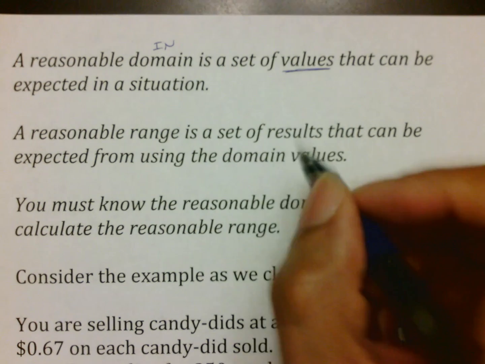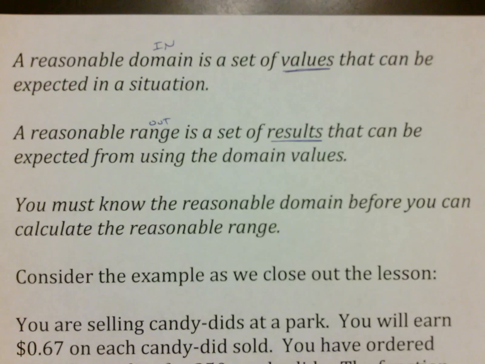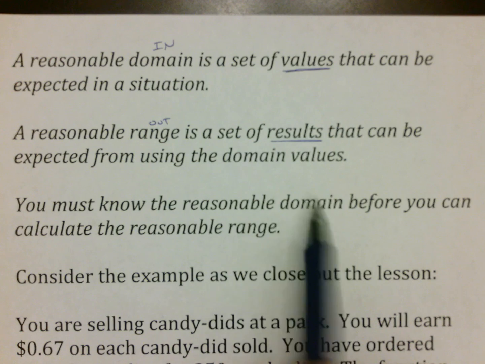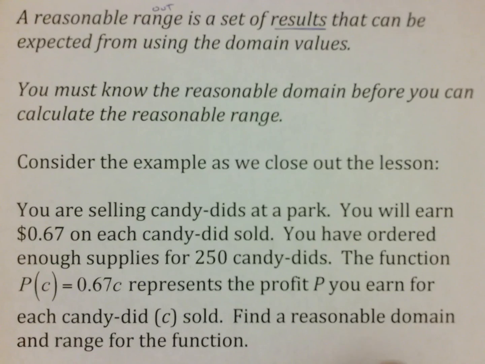And a reasonable range is a set of results. That means those are the numbers that are coming out. That means when I plug in my x, what numbers are going to come out? When I plug in all these x values from 0 to 1 million, what are the numbers that are going to come out of that problem? Again, that is your reasonable range. You have to know the reasonable domain before you can calculate the reasonable range, because the reasonable range is what comes out from putting in your domain numbers. Alright? So as we close this out, excuse me,